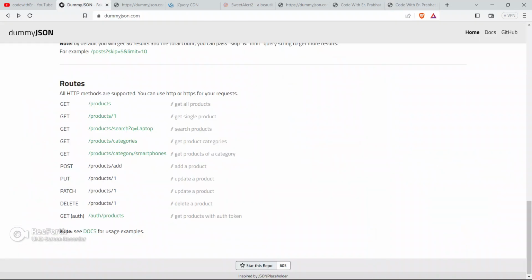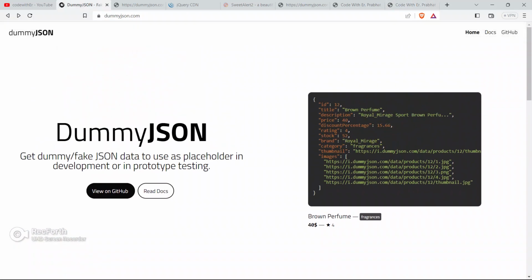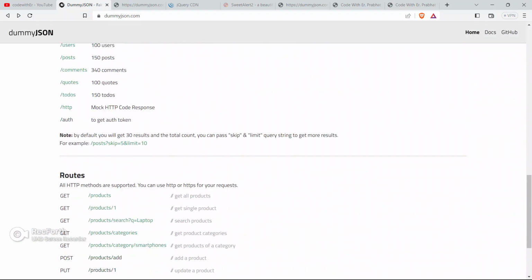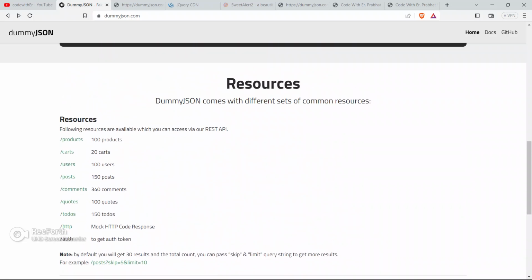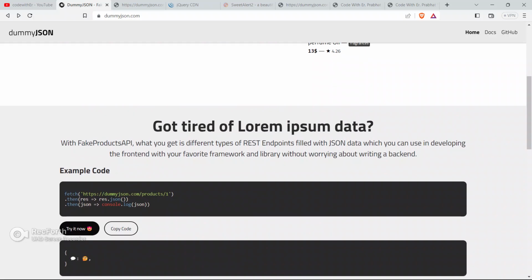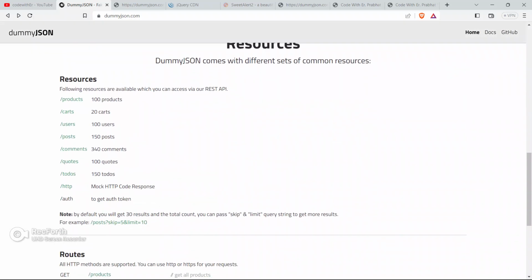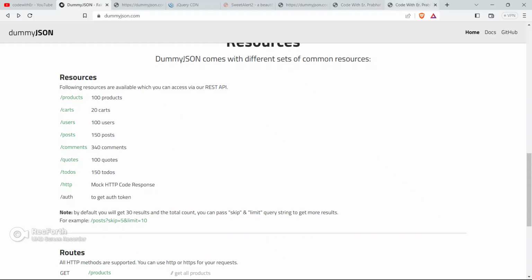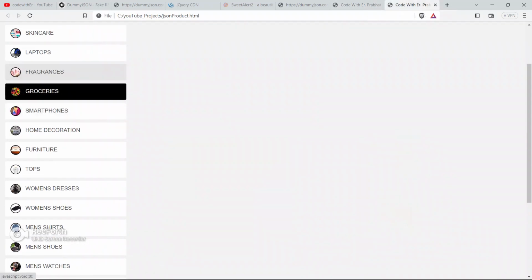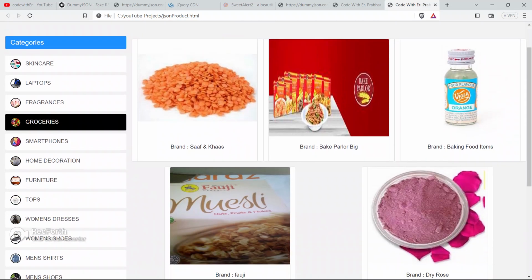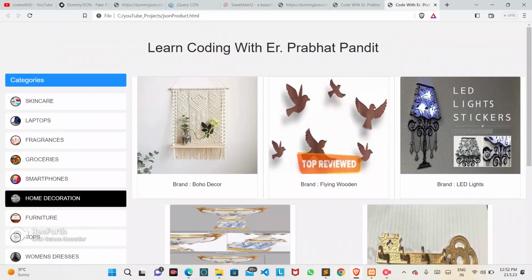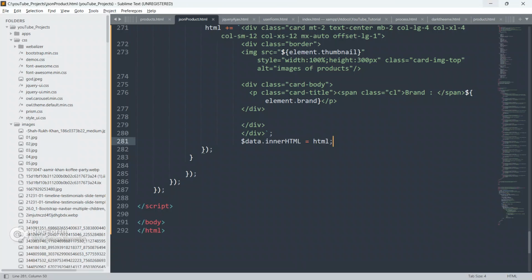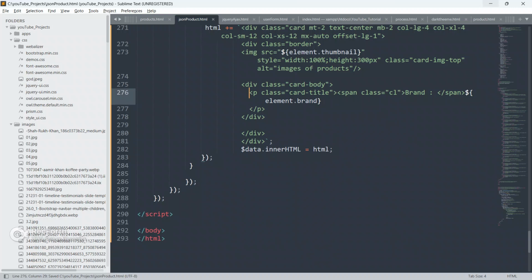See, we are getting the response from the server. We are getting the output from this dummy JSON. So we've used this dummy JSON in our project, in our tutorial today. There are lots of products you can explore, otherwise I will make videos on each and everything, so just wait for some time. Go to the groceries, click on the groceries. See, we're getting the groceries also. See, we're getting each and everything. So now get back to code and start writing ahead.